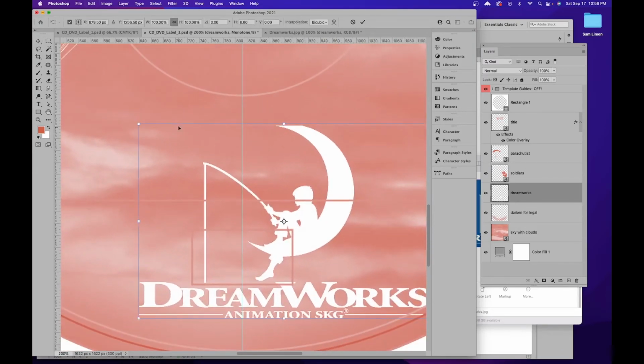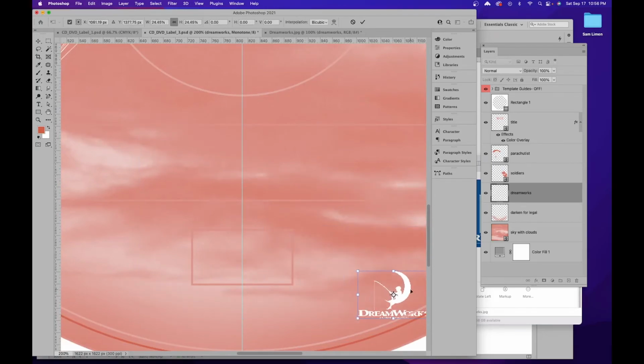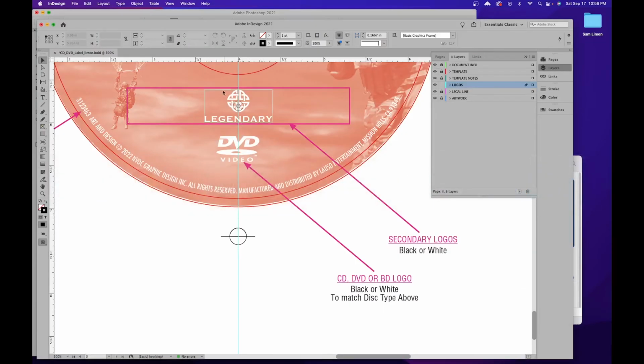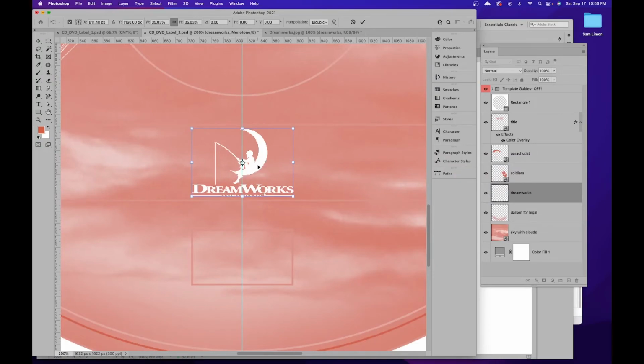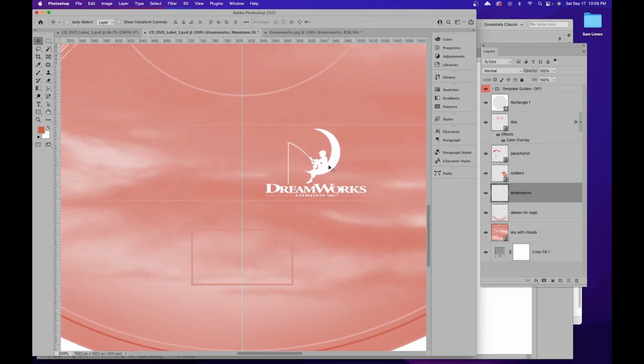And I'm going to do Command T, resize this, maybe a little bit bigger. So I can barely see my guides, but they are there. Now, typically I would say place it in the middle. However, we know that we have, if we go to our InDesign file, we have this legendary logo. So what we're going to have to do is now move our legendary logo to the left and move our DreamWorks logo to the right. So let's bring it to the right a little bit, give it a little spacing, hit return, let's have it there, turn off the template guides, and then let's save this,